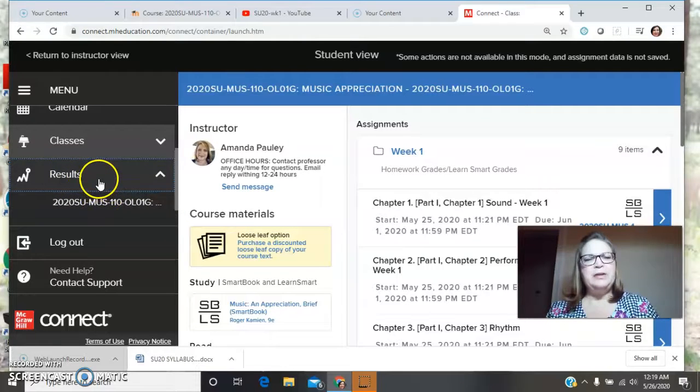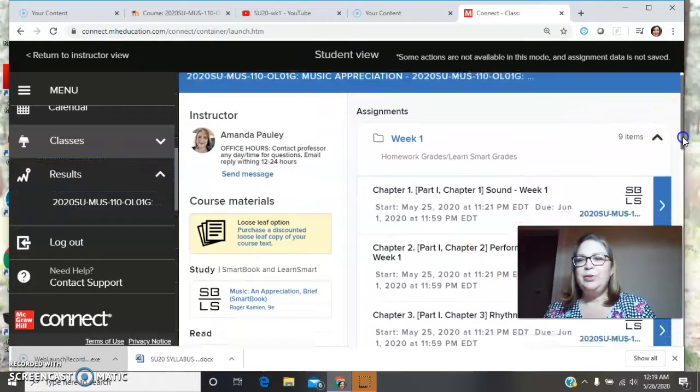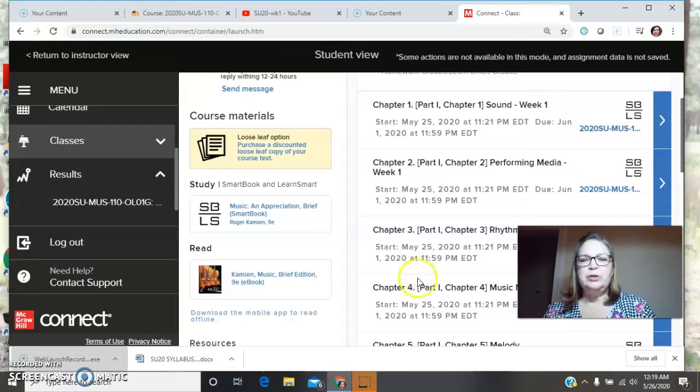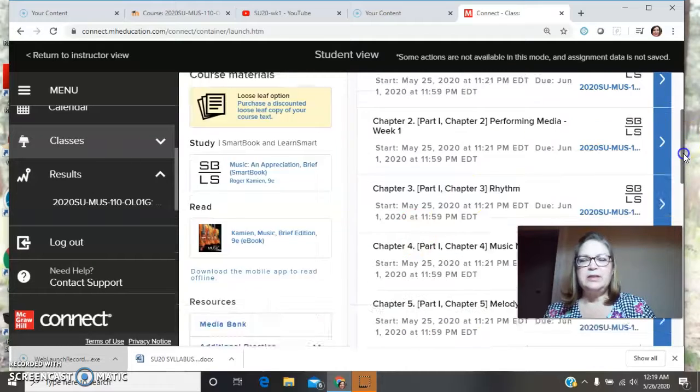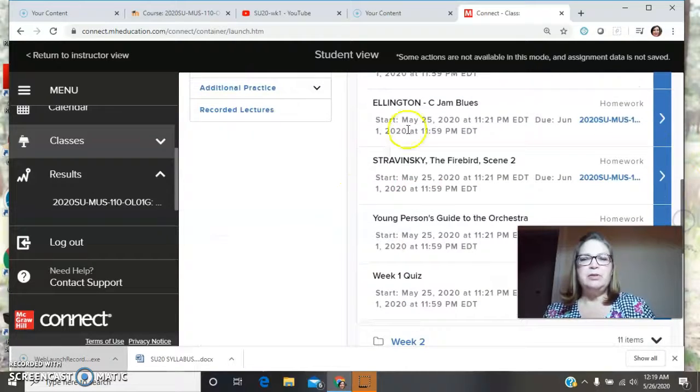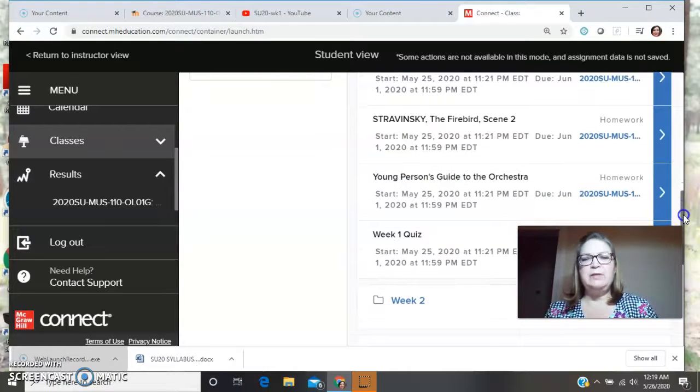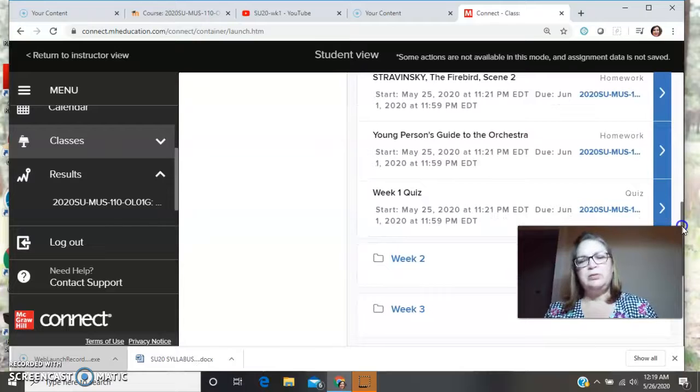Okay, and the results tab is not going to tell me anything, but it will tell you what you finished and what you still have left to finish. Okay, and it should tell you over here as well what has been done. And so you have your Learn Smart assignments usually listed at the top, and then you have your listening assignments. Sometimes it's interspersed, but most of the time they're shown everything for week 1, 2, 3, 4, 5, 6, 7,